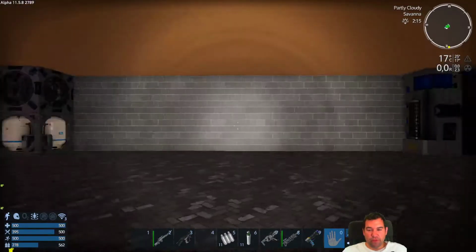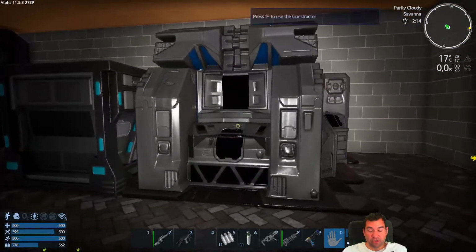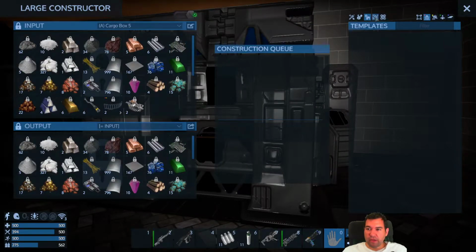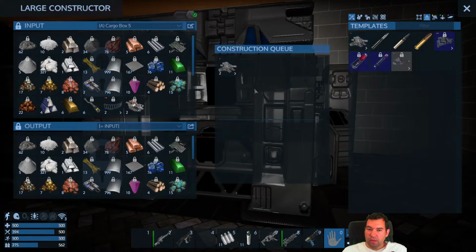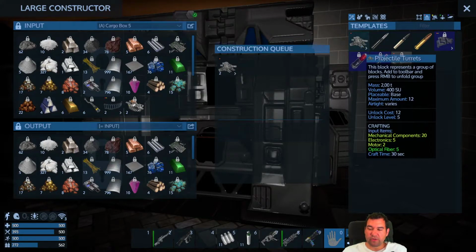I am not sure if we can make the ammunition, though. We are definitely going to add flak turrets later on, because they are just so much more efficient. But for now, we'll start with, I think, 2 regular turrets. So let's make those, and let's also make 30mm bullets, because we are gonna use the cannon turrets, not the